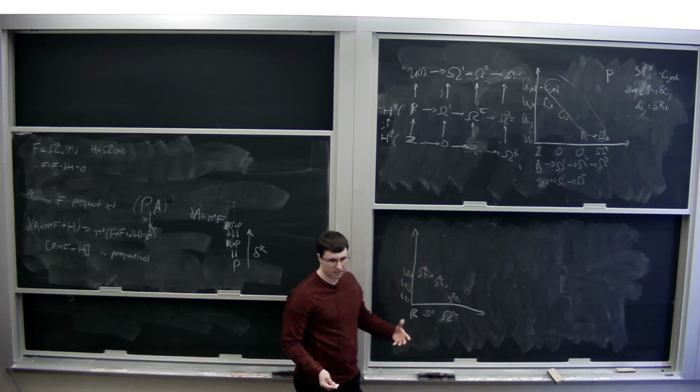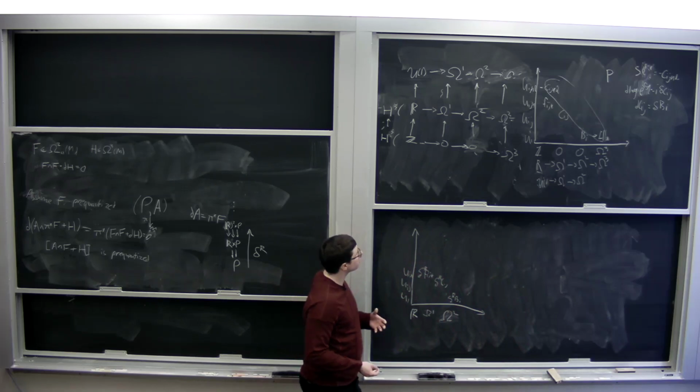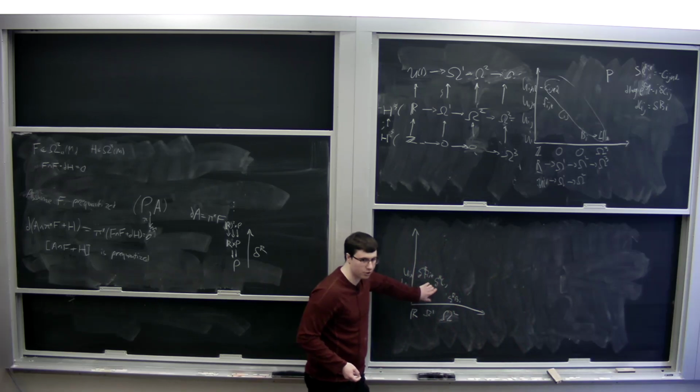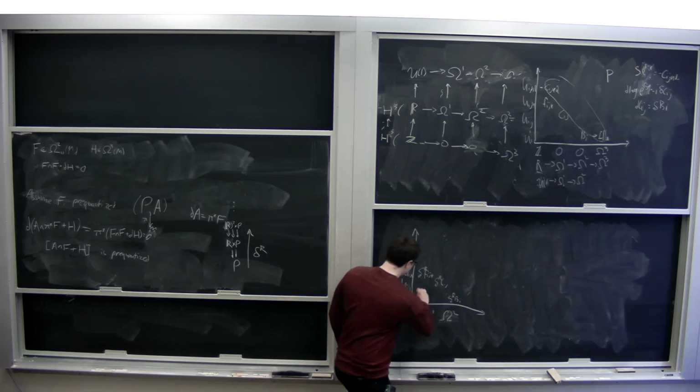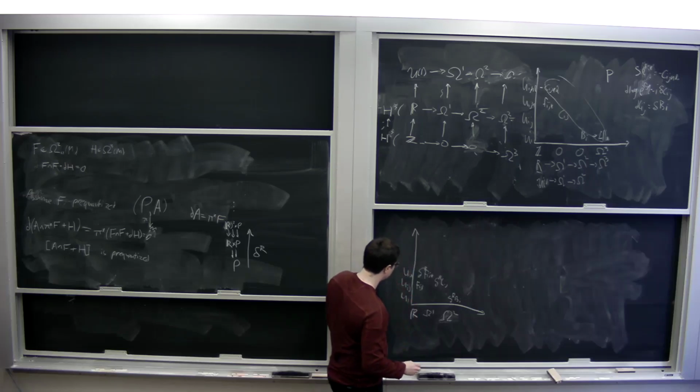And for this to be a primitive, we need something here to cancel these out, right? So I'm going to assume I have an f_ij here, and